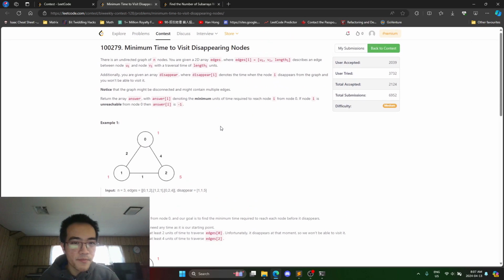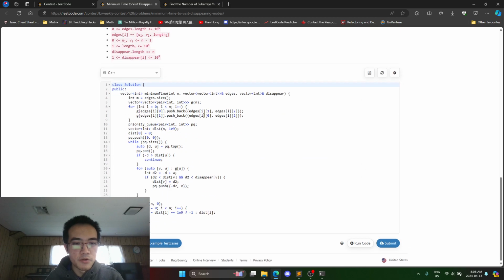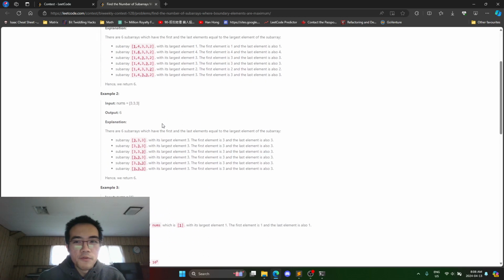So this is basically a Dijkstra where you greedily try to reach every node in the shortest time possible from a single source. There's this additional constraint where it has to get to the node before it disappears. So you literally just code a Dijkstra and you check if the new distance is less than disappear. But otherwise, it's exactly the same as Dijkstra. So in Q4,